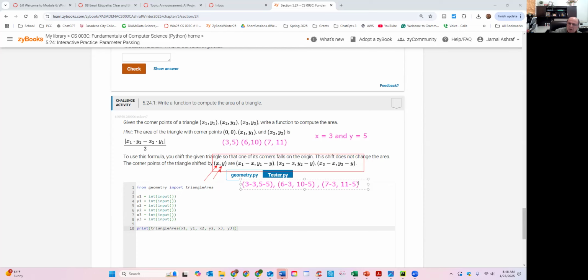So if I want to modify this based on the first ones that I had, then I'm going to come up with this. Based on the first one, it was x1 minus x1, y1 minus y1,